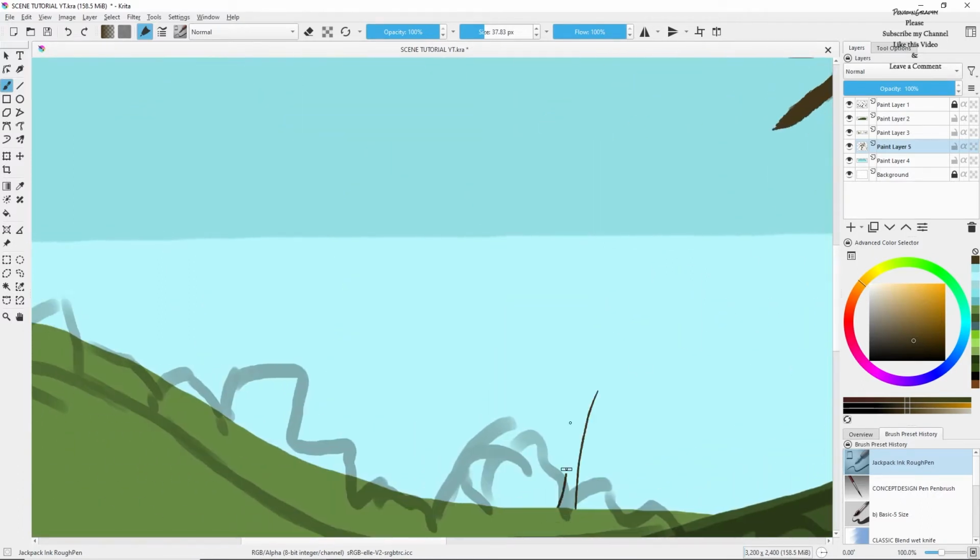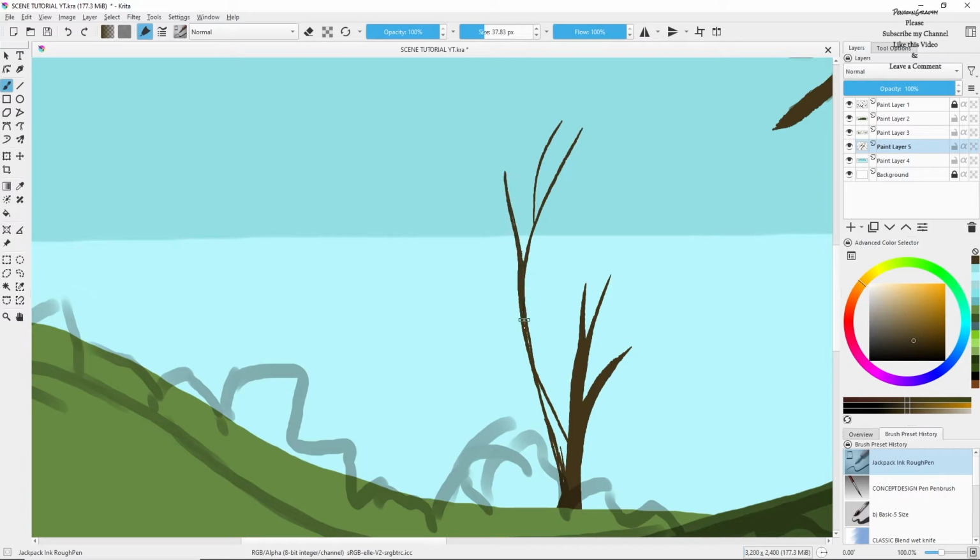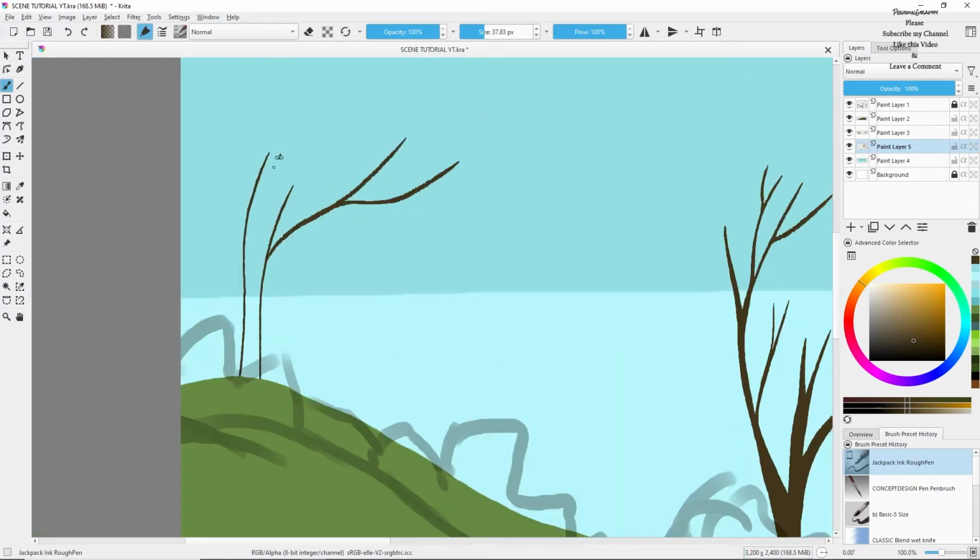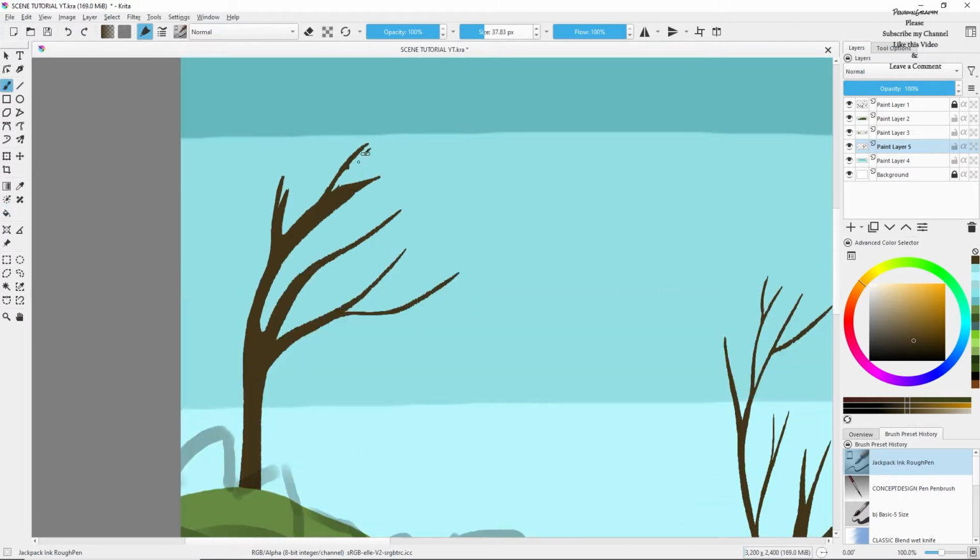I think I'm not going to add any kind of bush behind of the painting. I think I'm going to keep it very simple, like 4 or 5 trees, and that's it, and some leaves on them. This painting is going to be very short and very easy. Here I'm adding the last tree, I guess. I hope you can understand that I'm using a very solid kind of brush for the tree drawing, because I do not like the kind of brush for solid paintings which has some kind of gap between its texture. So a solid brush is very good because it gives you a very clean kind of texture for your solid